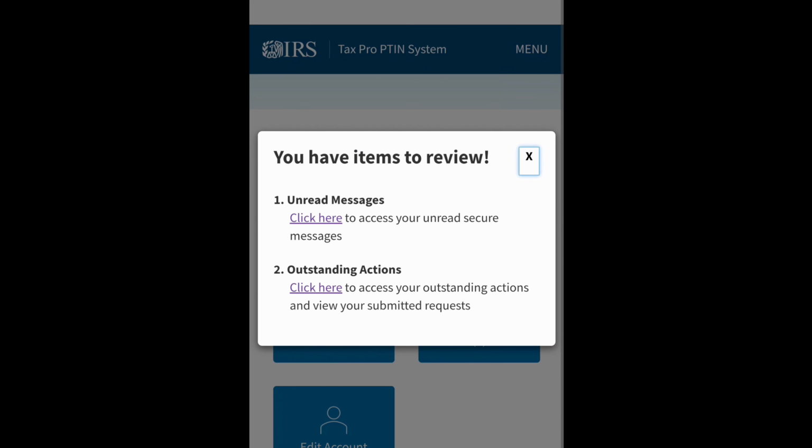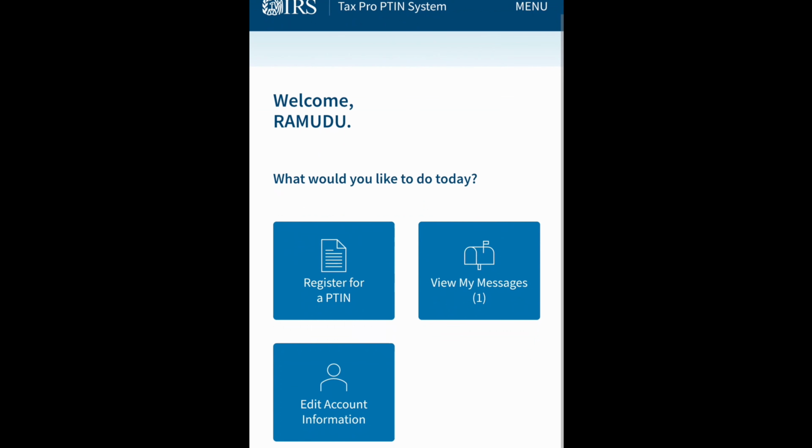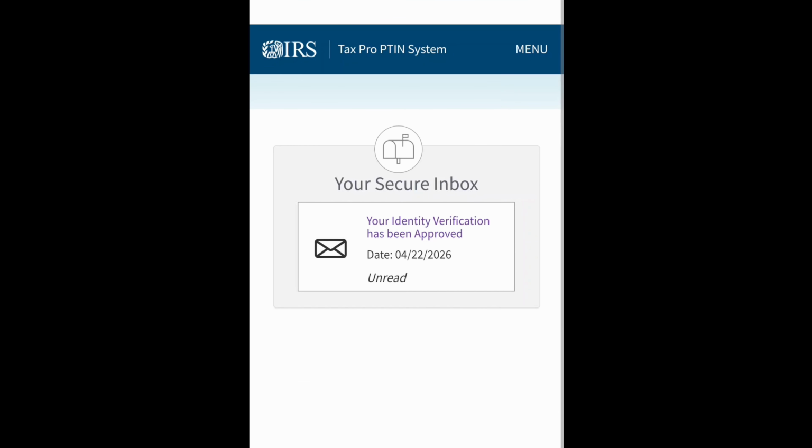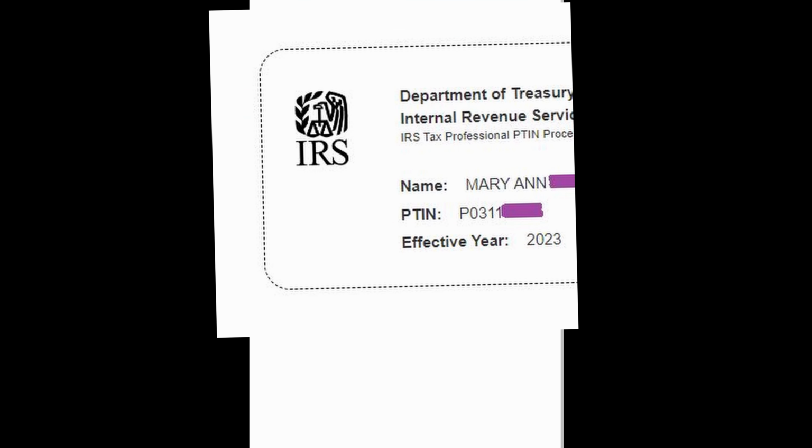Check your email and click your IRS website PTIN account, and check your mailbox in the PTIN account. Click Identification Verification and scroll down. An IRS letter appears like this saying your document is approved. Click that link and submit my PTIN application. Click that link